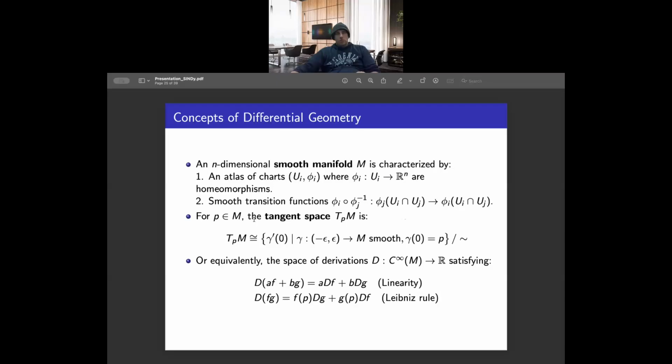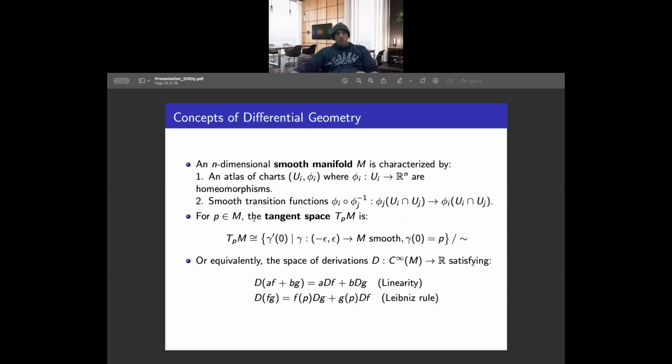And we define for each curve which has the same velocity. That is why we are getting this tilde here, which is actually the equivalence class of all curves having the velocity v. So that is how we construct the tangent space at any point. And the tangent space can also be defined through the concept of derivations.